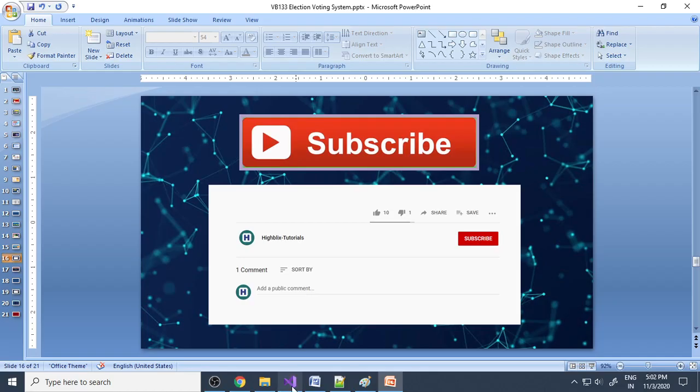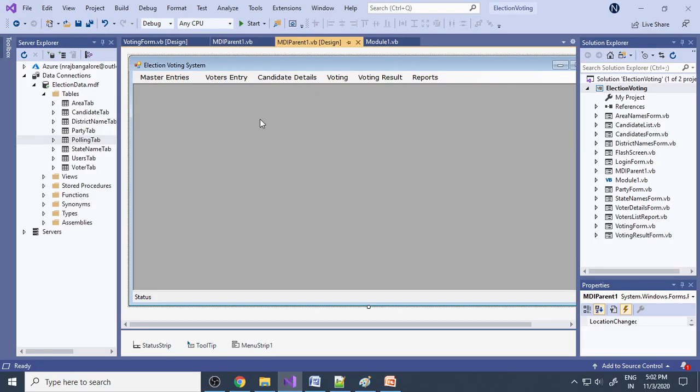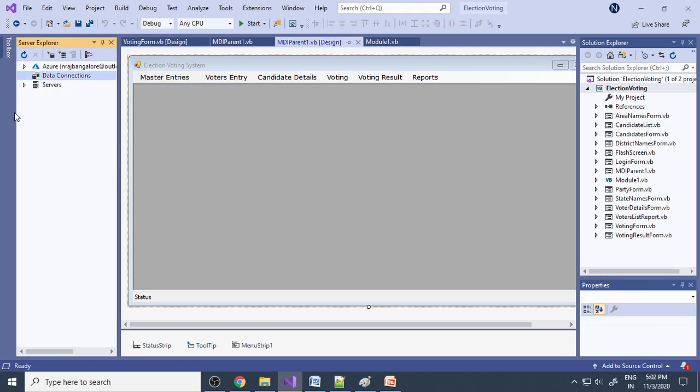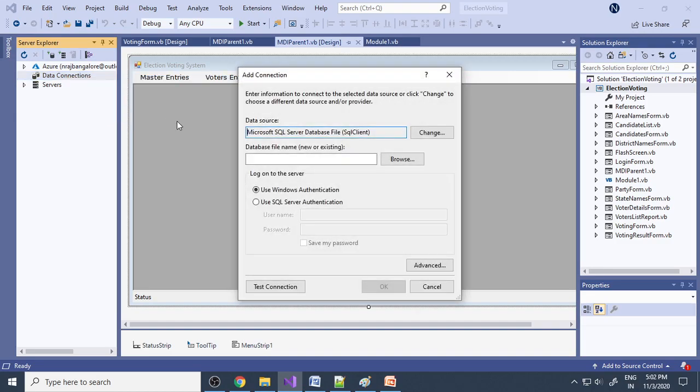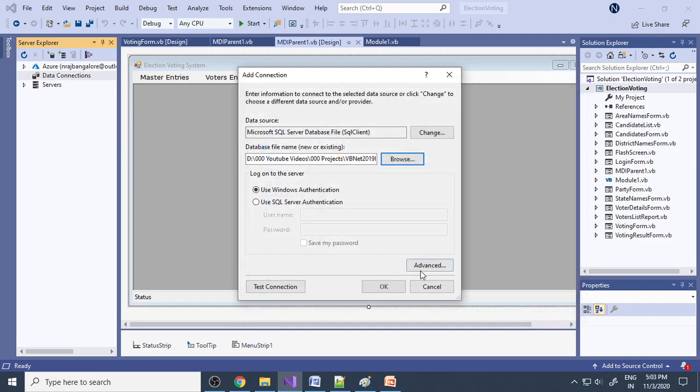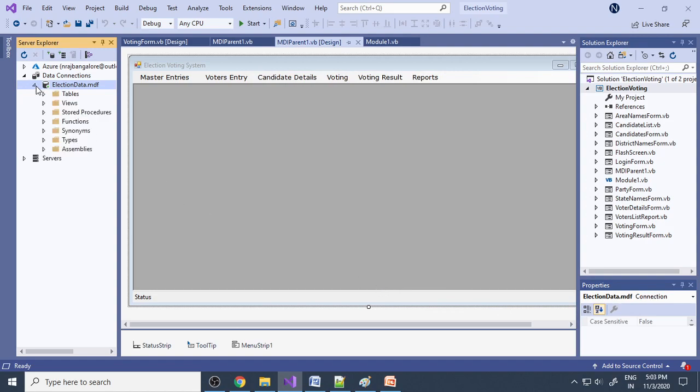Fine. So I'll show how it works in Visual Studio 2019. So here we have 2019 and the project is already opened over here. You can see that it's already connected here, and these are the tables. In case it's not connected, by default when you open the project, it's not connected. So what you can do is go to data connections, and then go to add connection. Here is a Microsoft SQL database file. Here you have to browse, and this is in the project folder, bin folder, debug folder. The database is located over here, and then click open, click OK, and that is linked. And then you have to go to tables. You can see the tables over here.